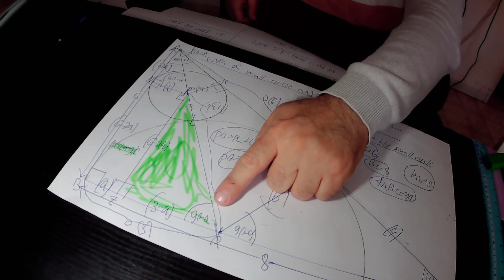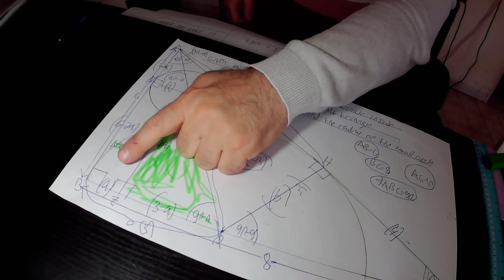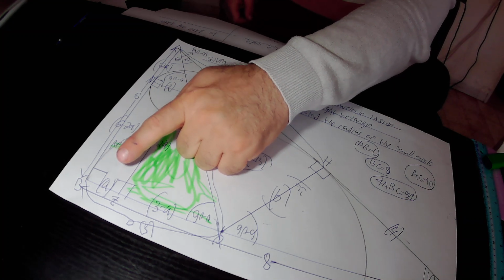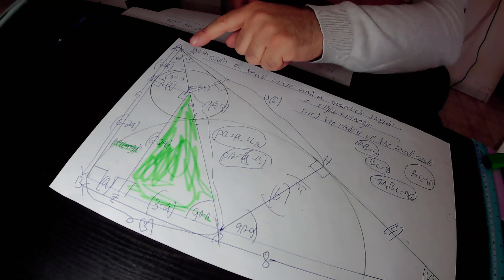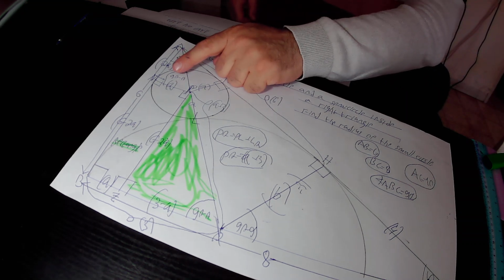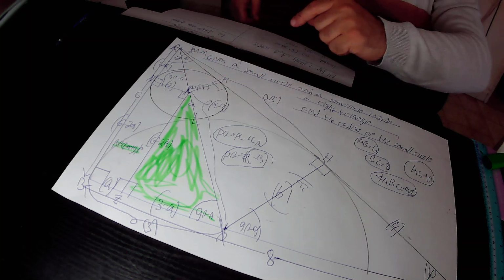Why? Because 90 degrees minus theta plus theta is 90 degrees, and 90 degrees plus 90 degrees equals 180 degrees, the sum of the angles in any triangle. Likewise, in the small right triangle ANP, this angle equals theta, this angle equals 90 degrees, therefore this third missing angle must equal 90 degrees minus theta, according to the rule that the sum of the angles in any triangle is 180 degrees. In the next step, we prove